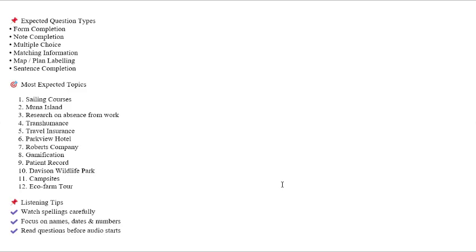In section 2, there can be a map or MCQ. It would generally be an information where the person is giving information about something. Then the next one is going to be a discussion. It can be a discussion between students, like three speakers can be there, two speakers can be there. There can be choose more than one option type of MCQ or simple MCQ. This is going to be the trickiest part of listening. And in the last section, there can be a lecture about any topic. It would be a scoring part. Most expected sections that you can expect in your exam.